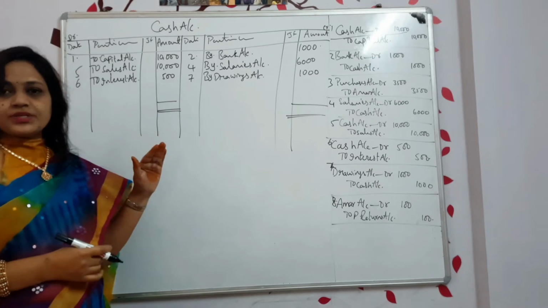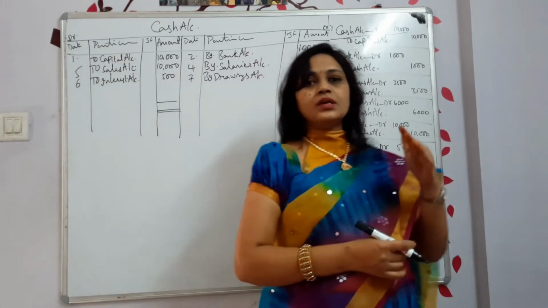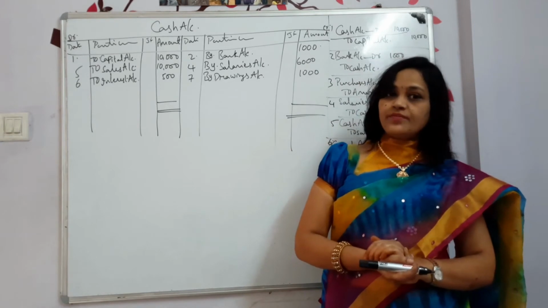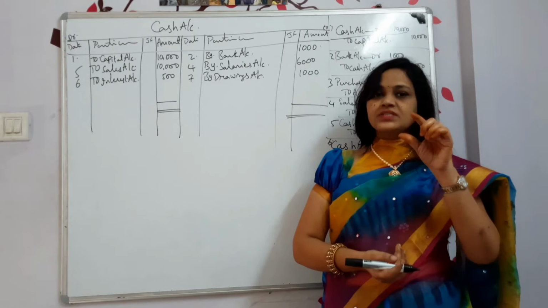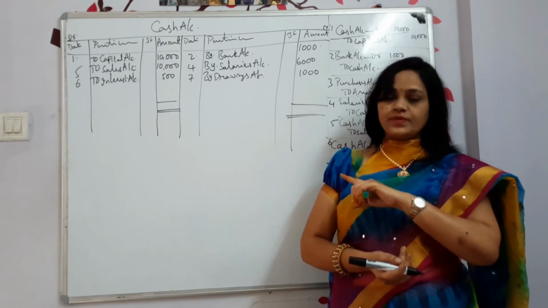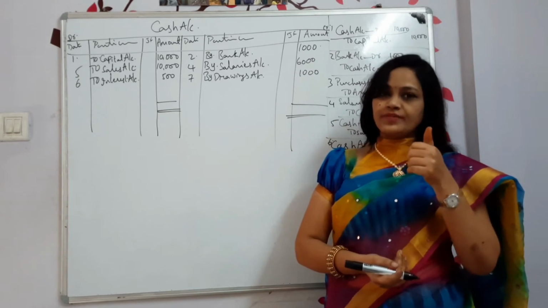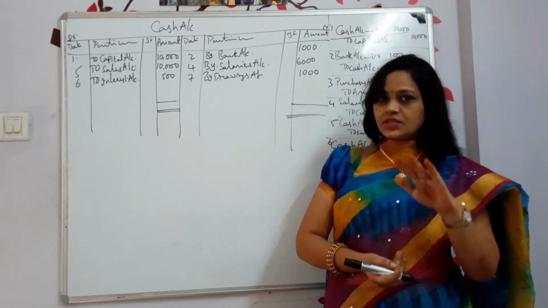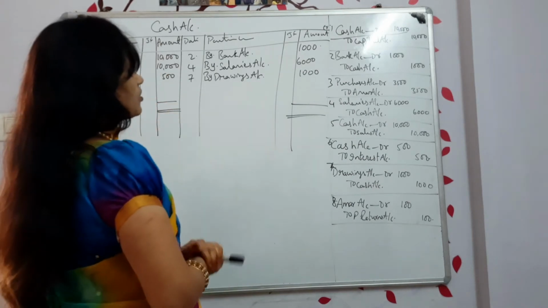Whenever you see the ledger, it must be equal. If it is not equal, I will make it equal. I am making it simple. For simple terms, I am explaining in this way, so you can understand very easily what we are doing and why we are doing it. So now I have to make it equal. First check how to make it equal.